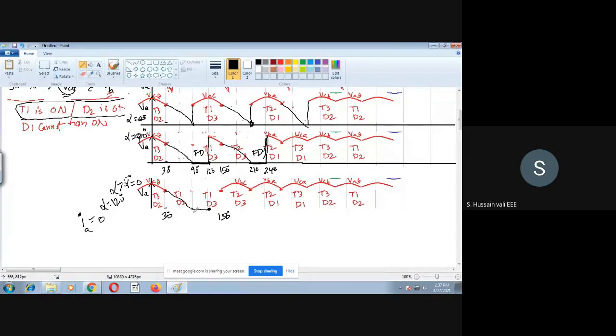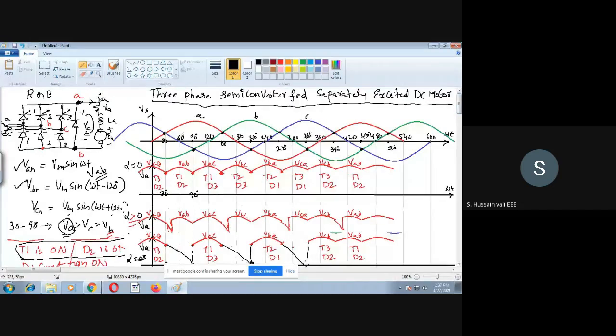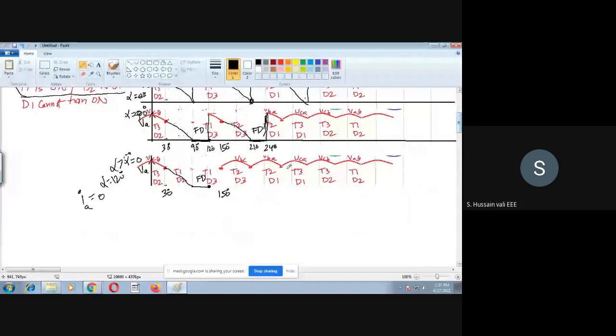See here, thyristor conduction is over, then freewheeling diode conduction is also over. If you further increase the value of alpha, then the current in the armature will automatically become 0. If the current in the armature becomes 0, then what is the VA value? If you apply KVL here, if the current is 0, then VA is equal to EB. This you have seen even in the single phase converters also. So the voltage after this point becomes EB.